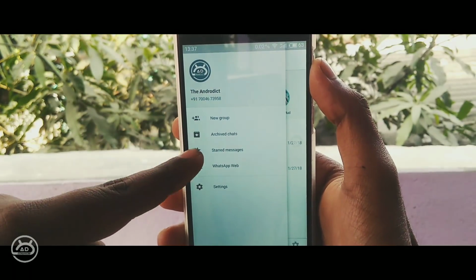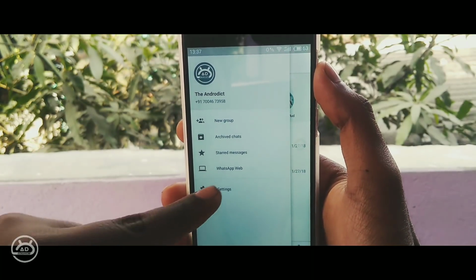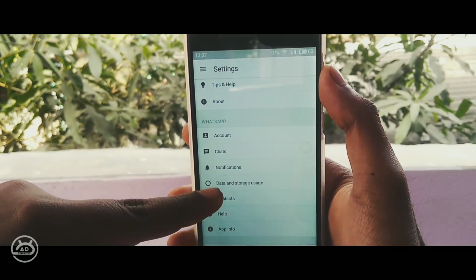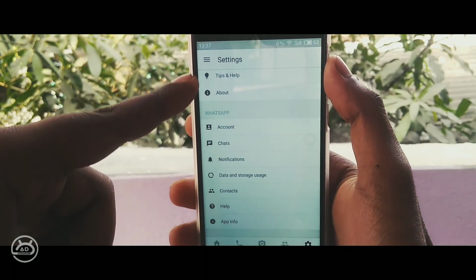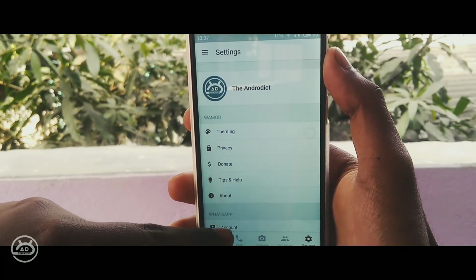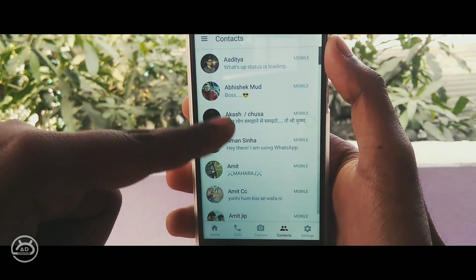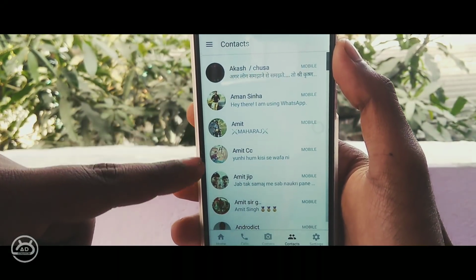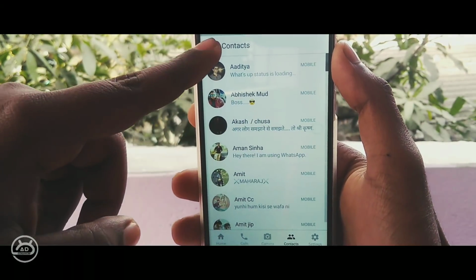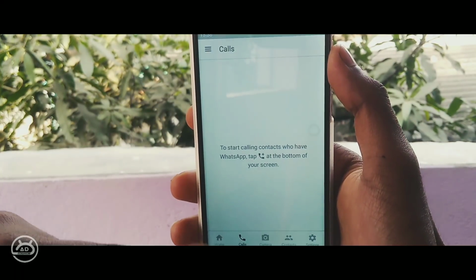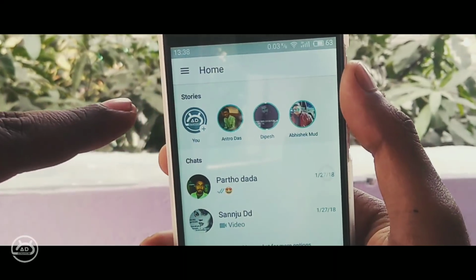After installing this application, open it up and congrats, you have successfully installed iOS WhatsApp on your Android device. And the best part is this WhatsApp application is completely modded on the original WhatsApp APK. And we all know that if you use any modded WhatsApp application, then there is a risk to privacy. But in the case of this application, you have only a little risk to privacy because this application is modded on